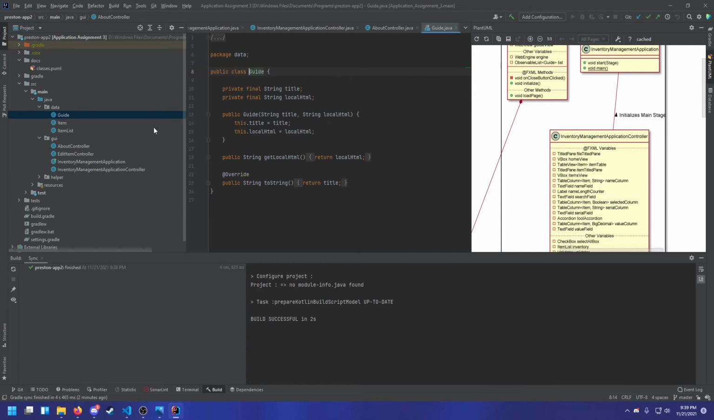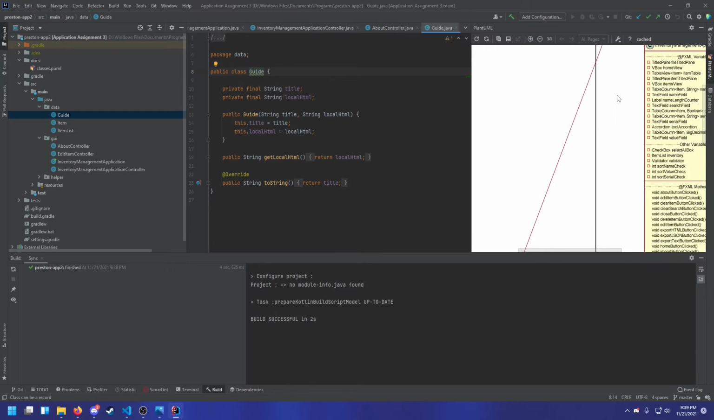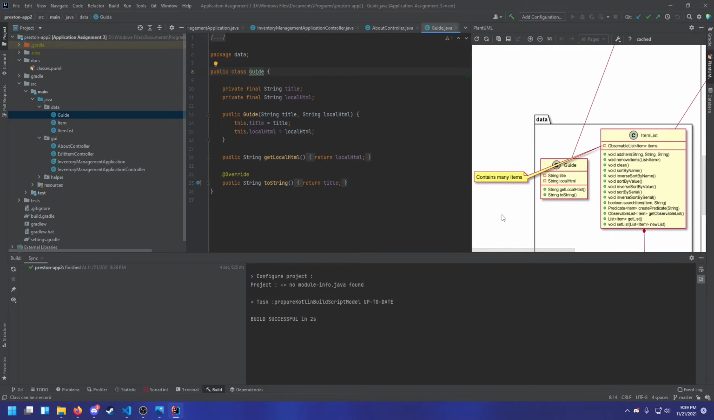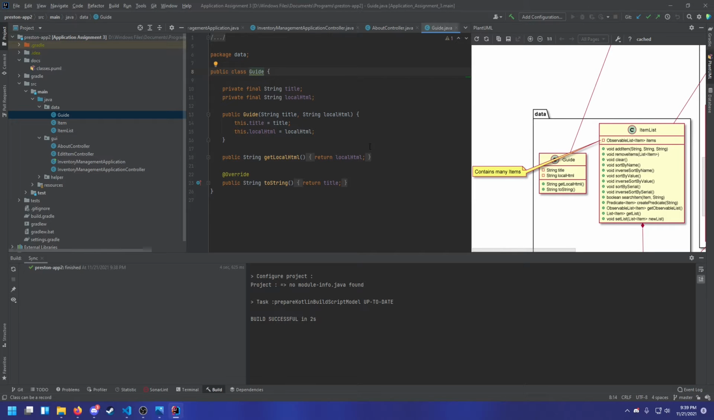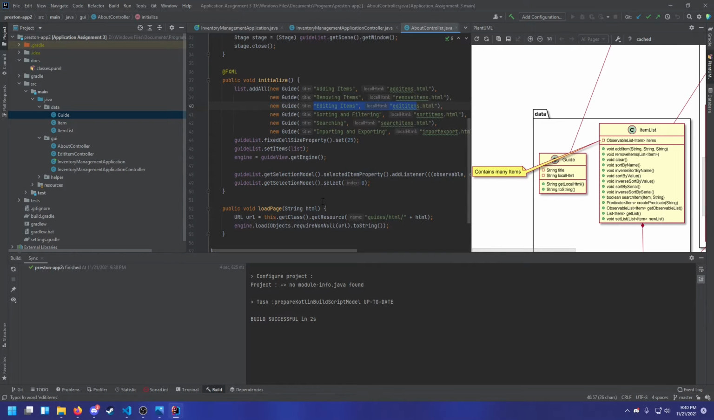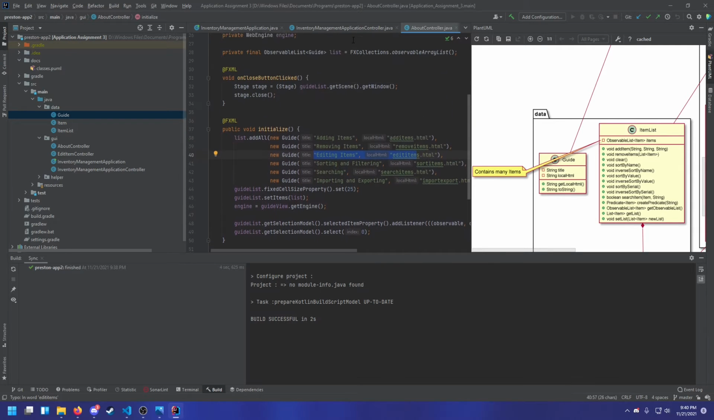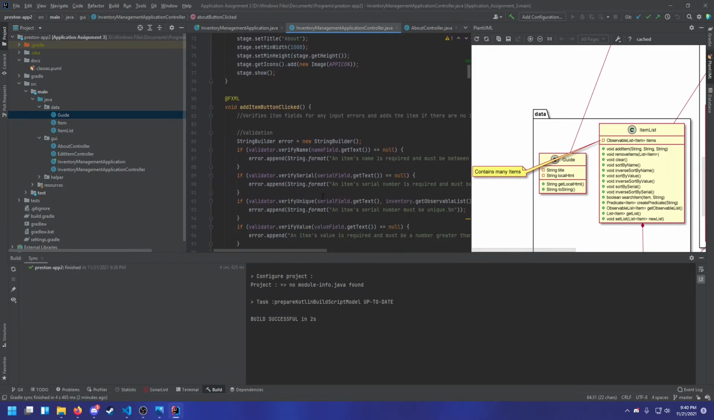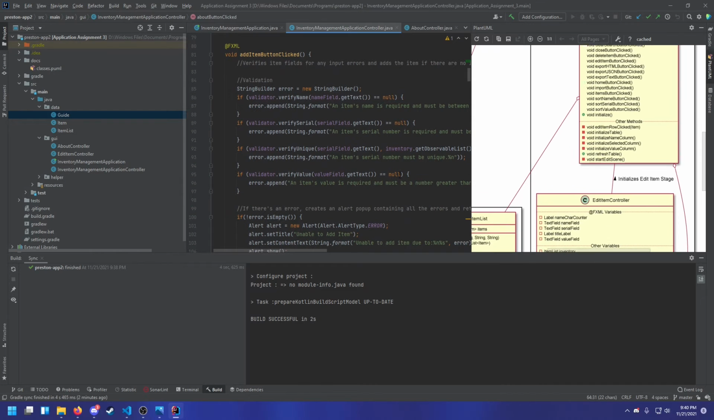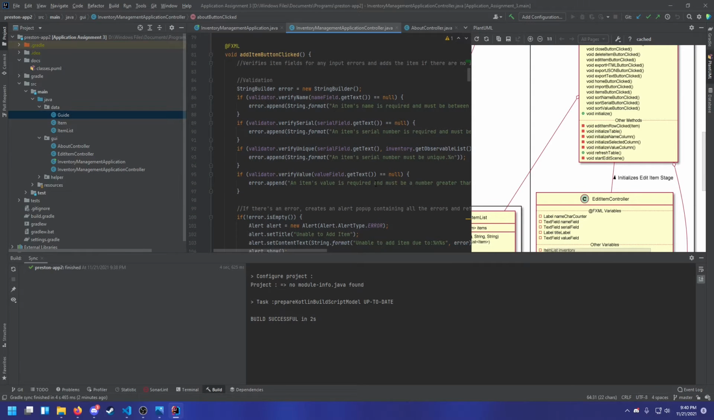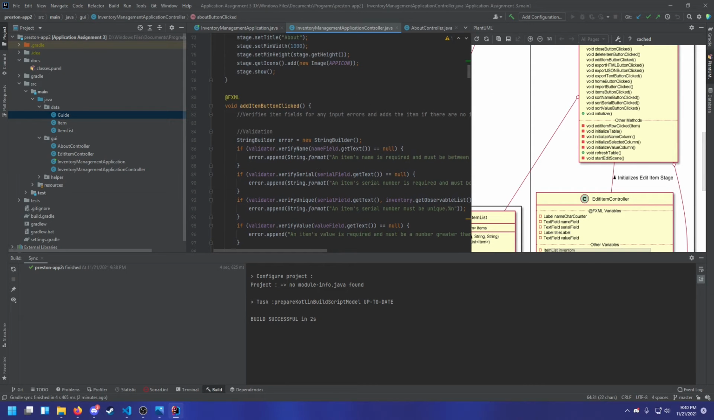Speaking of guides, our guide class is simply just a title and a local HTML, and it's just used to organize the program a little more. Moving on, we have Add Item button clicked. After the user types in text fields in the main menu for adding an item and clicks Add Item,